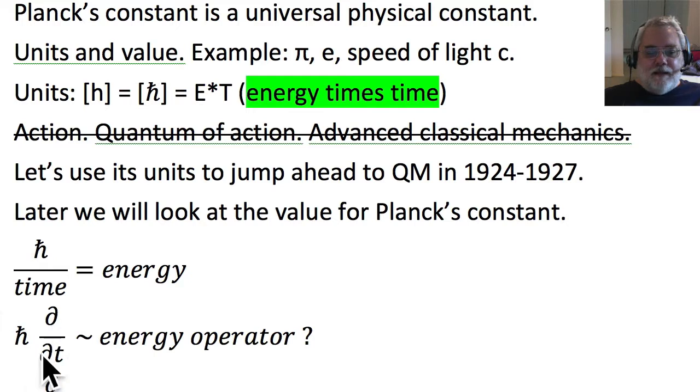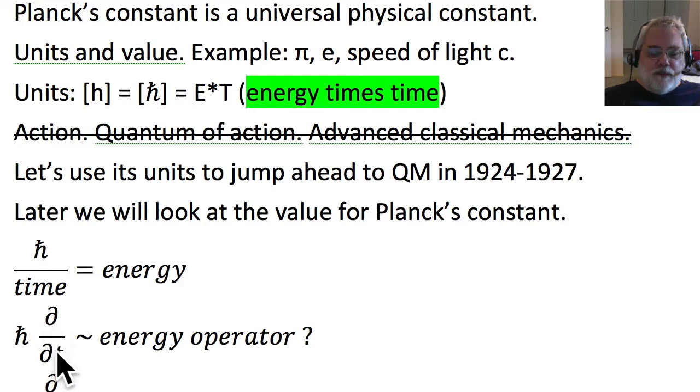And if that's on the left-hand side, and if we took a system, an atom, an electron, whatever, a system we were interested in, and we had some kind of a model of what its energy is, then we could have some kind of an equation. And maybe we could solve that equation and we could learn about an electron in an atom. That's where we're going. But right now, this is hand waving.